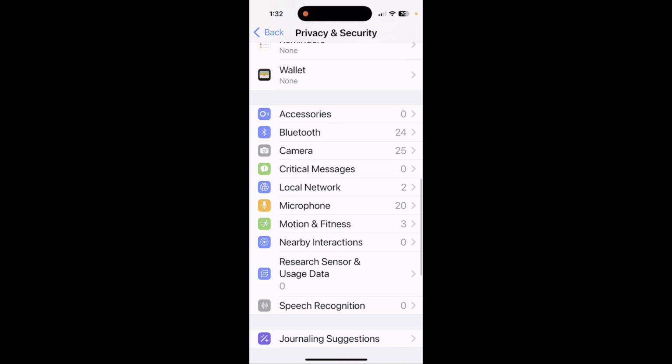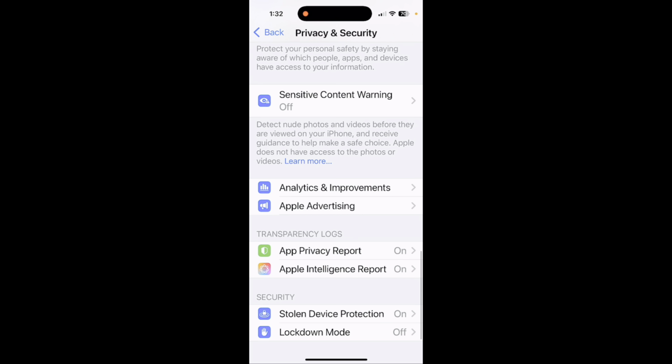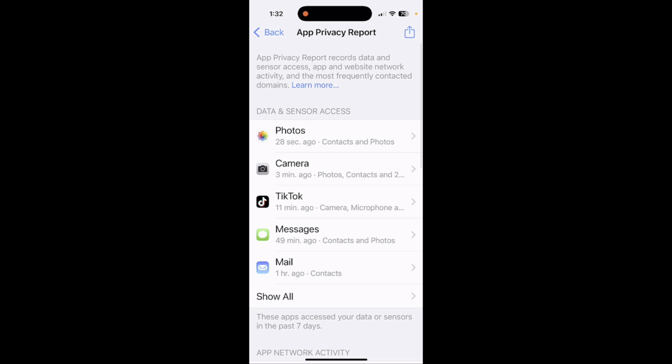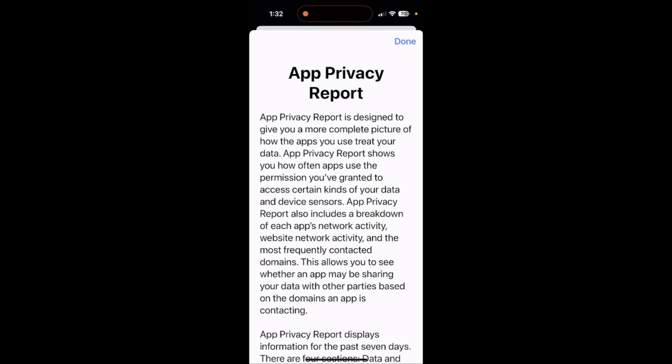Scroll down towards the bottom here and tap on App Privacy Report. And this is a privacy report. If you tap on Learn More, it basically tells you what this report is all about. It shows how often apps access your data